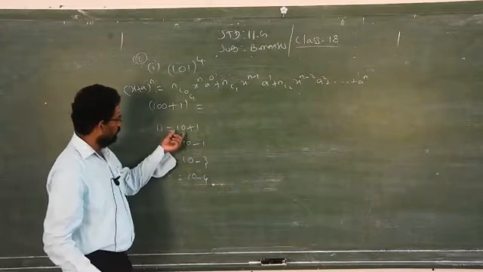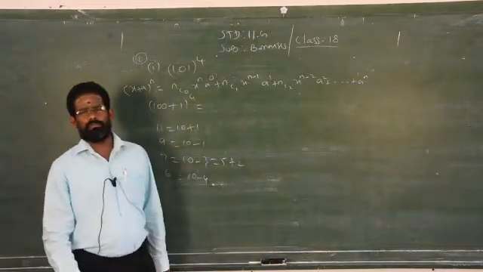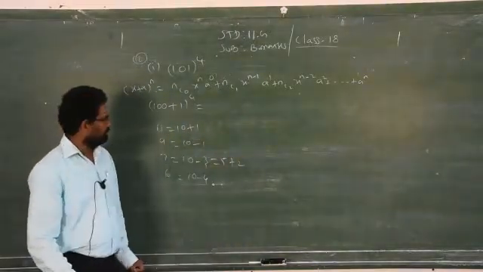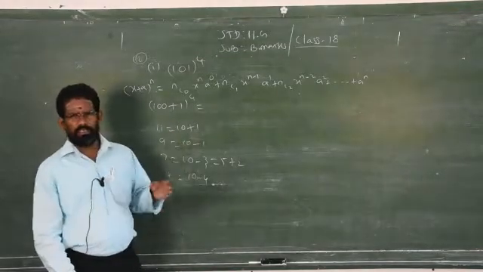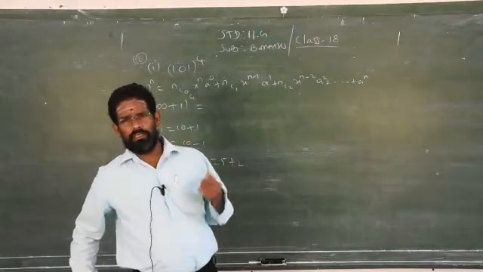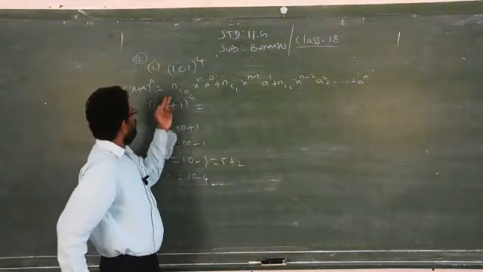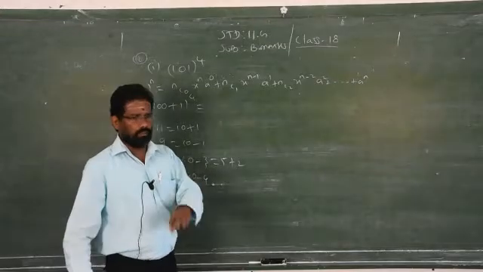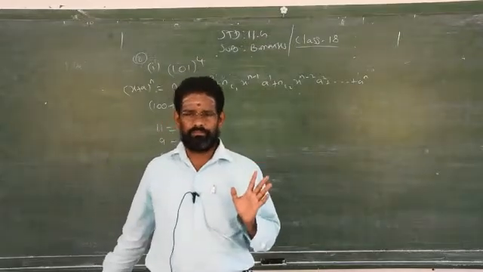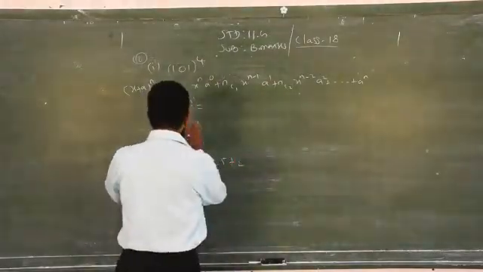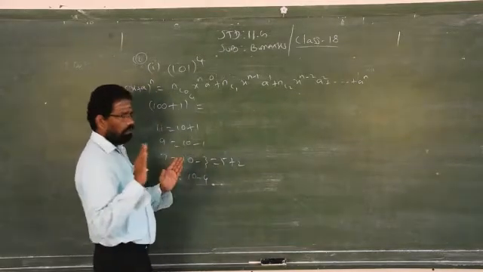So why, sir, are we always using 10? Why don't you use something like 5 plus 2? You can use it, you will get the answer. It is not necessary to replace numbers only with powers of 10 like 100, 1000, 10,000 minus 1 lakh, or 10 lakh minus. I did not say like that. We are asked to split the number in this format, like 10 plus, 100 plus, 1000 plus, or 10 minus, 100 minus, 1000 minus, because the calculation will be very simple. Clear? So don't think that you can express the number only in terms of 10, 100 or 1000.